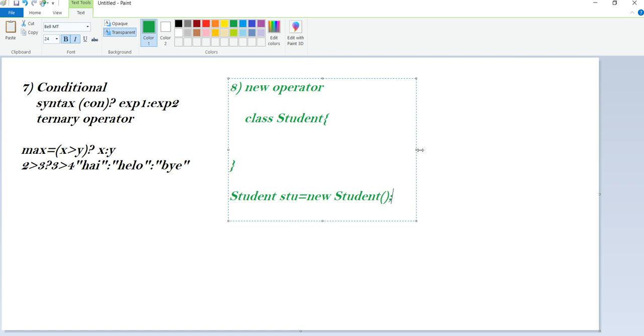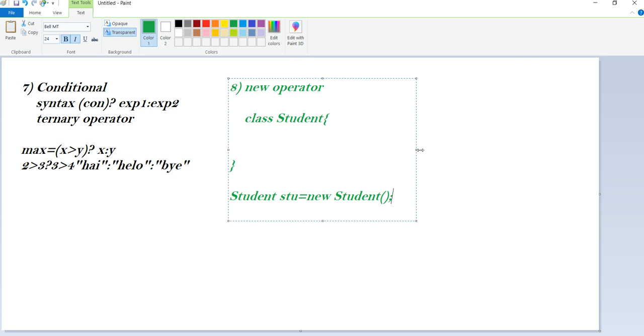Here stu is called a reference variable. It is used to refer or point to the object. The name of the reference variable can be any valid Java identifier, so stu is valid. For every class, we can create any number of objects, but without a class, we cannot create any object.